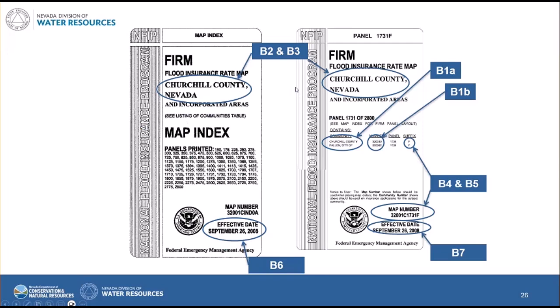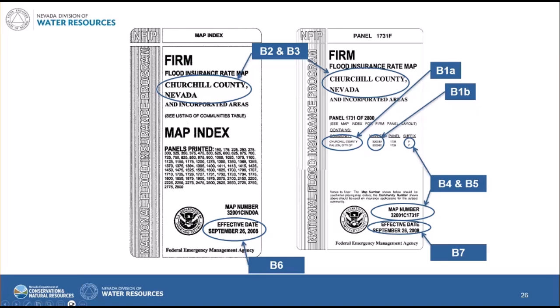As I mentioned, all that information in section B can come right off of the flood insurance rate maps. You'll need the map index and the map panel title blocks. Again, location of the community name, 6-digit community ID number, those map numbers, which typically now that FEMA is doing those maps on a county-wide basis, will differ slightly from the 6-digit community ID numbers. So you can get both of those from the title blocks, that suffix, which represents how many iterations of that map, how many versions of that map have been issued,